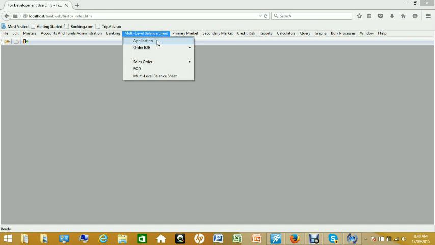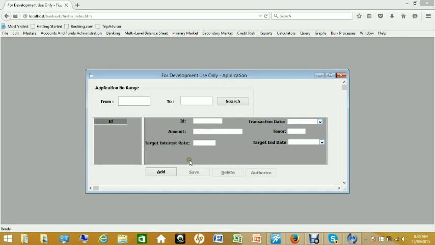Let's enter application. Let's add a record. Let's enter transaction date. Let's enter amount as 600,000. Let's enter tenor as 3 years. Let's enter interest rate as